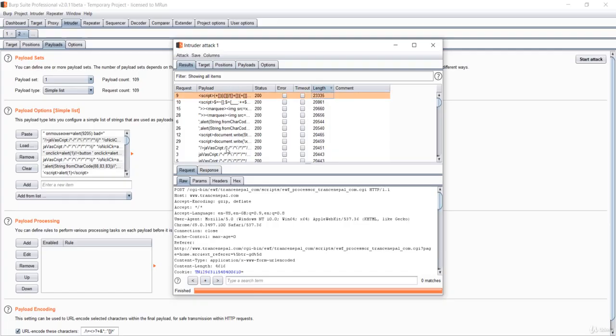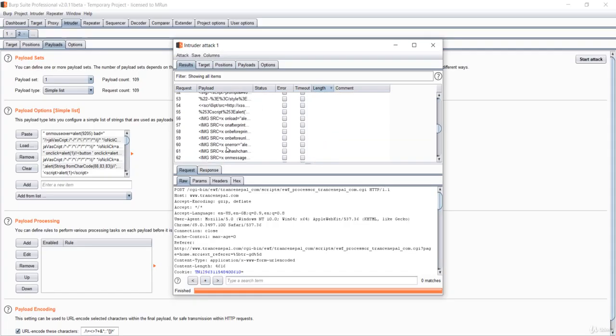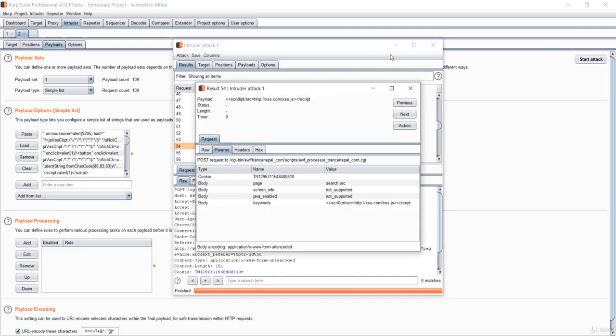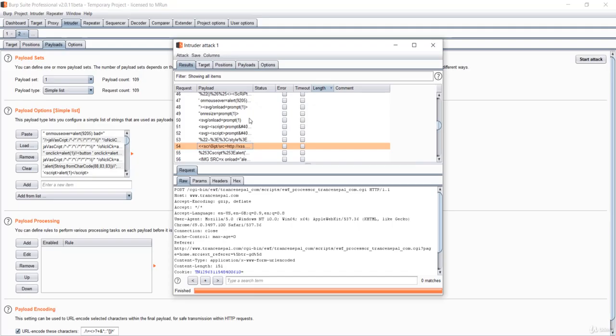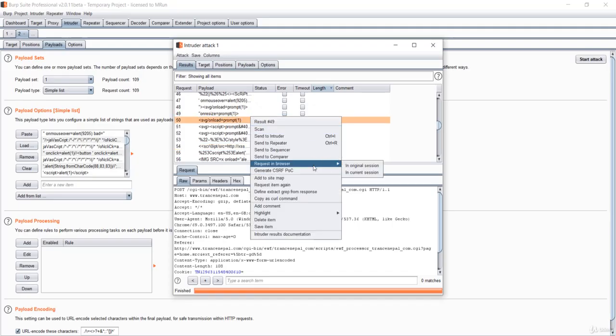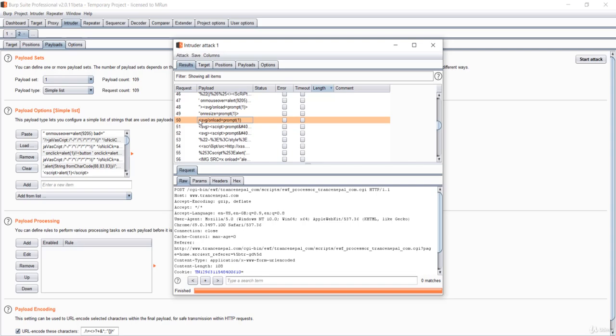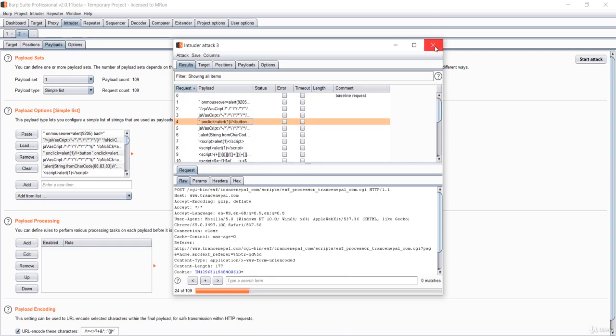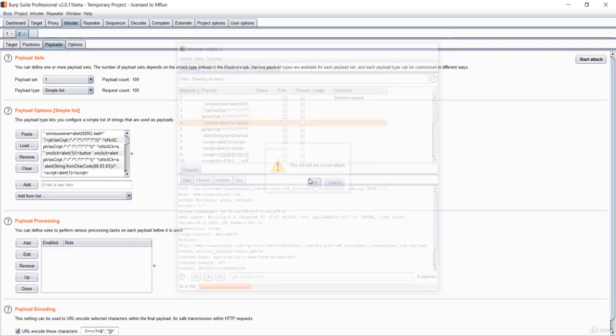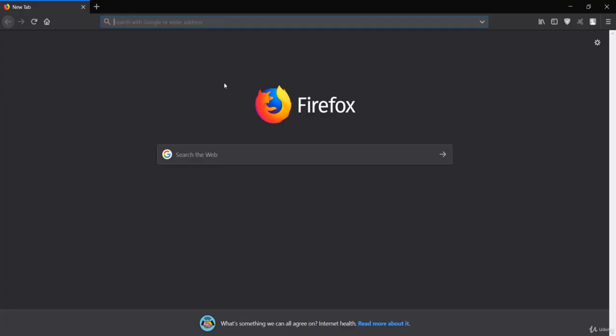So obviously this bunch of payload has the highest length, and we'll search for any other payload. Let's search for this SVG and see if this works or not. So I'll see the response in the browser. Instead of that, you have to go over here. You can also simply load any other payload like we just did online over here.